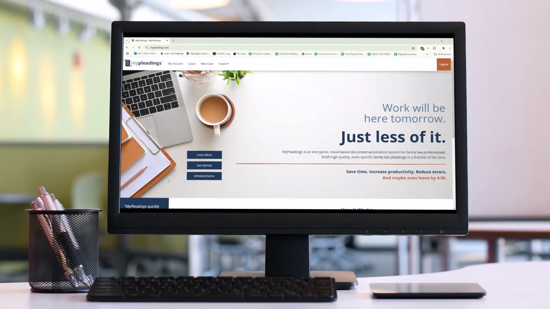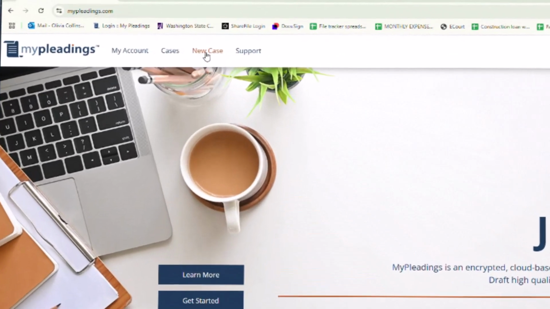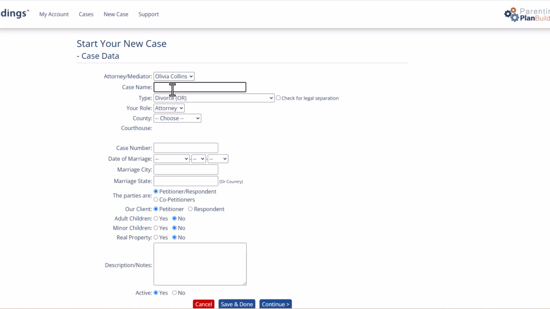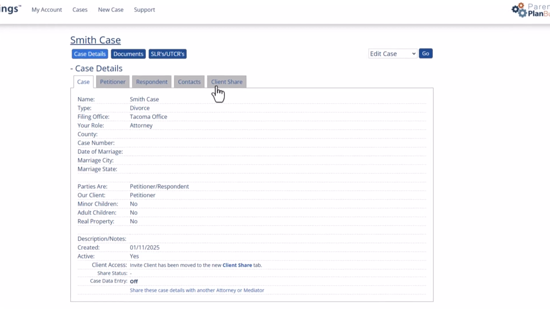We will be going over how to share your case with your client so they can do their own data entry. Click New Case, enter your case name, and click Save and Done. Now that your case has been created, you can now share it with your client by selecting the Client Share